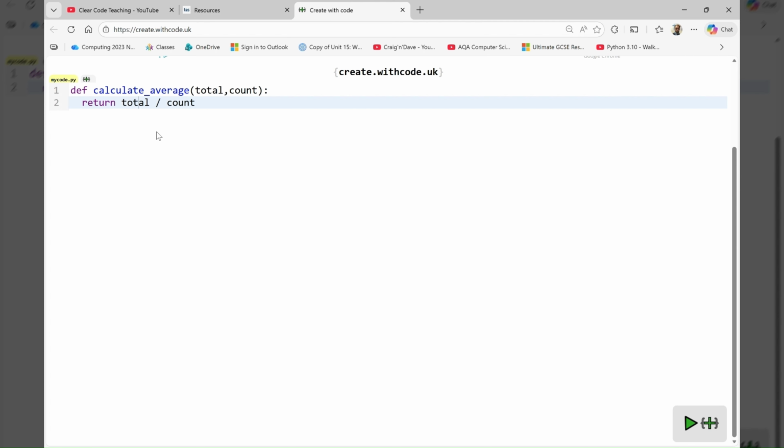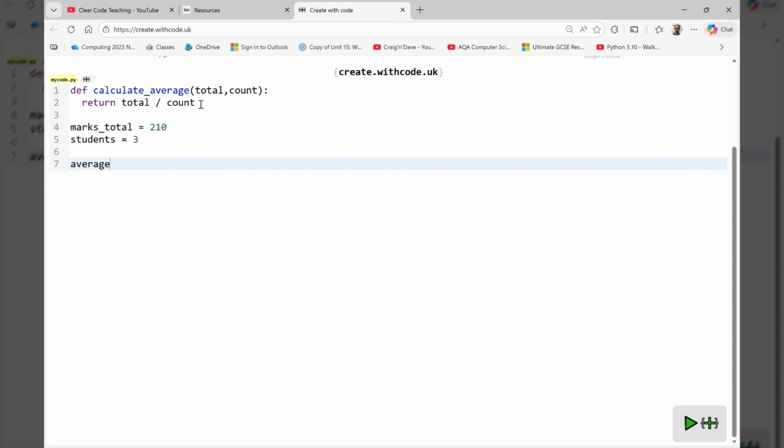Before we move on, I'll add the T to the total, and we can move down to then writing the main program. Marks underscore total equals 210, and there are 3 students, and then we have the average, which equals, we're going to write our subroutine name, calculate underscore average, which is going to be assigned to the word average,